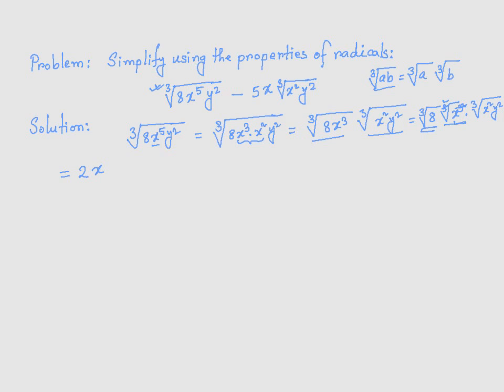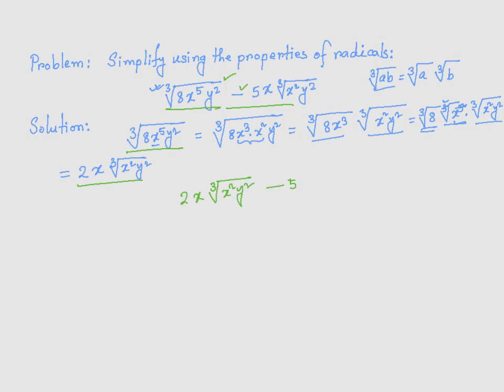Okay, that's, by the way, the definition of an nth root. In our particular case, n being 3, we are finding the cube root. And this guy, however, we can't simplify any further, so we are going to keep it as cube root of x square y square. Now please do keep in mind, this is just the first term. Now I need to put the whole problem together. So this becomes this. So it's going to be 2x times cube root of x square y square